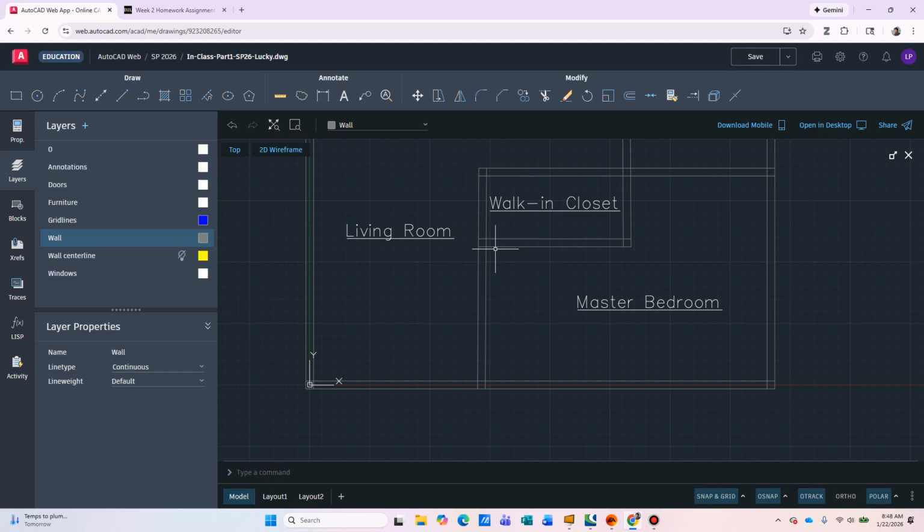Whew. Let's move on to the next step. We've drawn the walls. Our next step is to draw the grid lines and put the dimensions. Since we're going to draw the dimensions and the grid lines from the wall center line, we're going to turn the wall center line layer on again